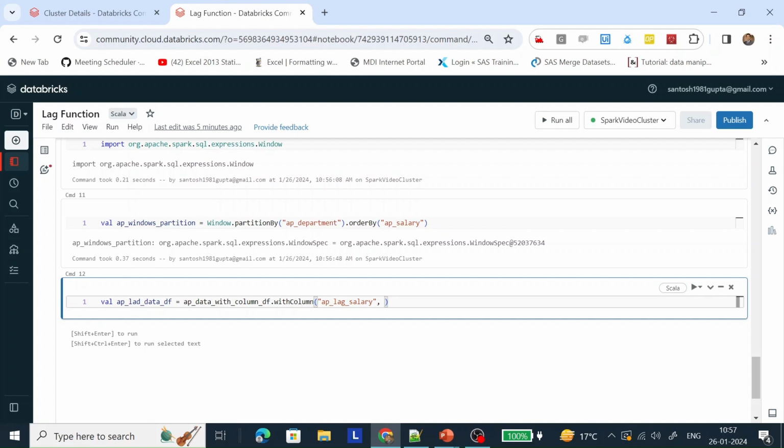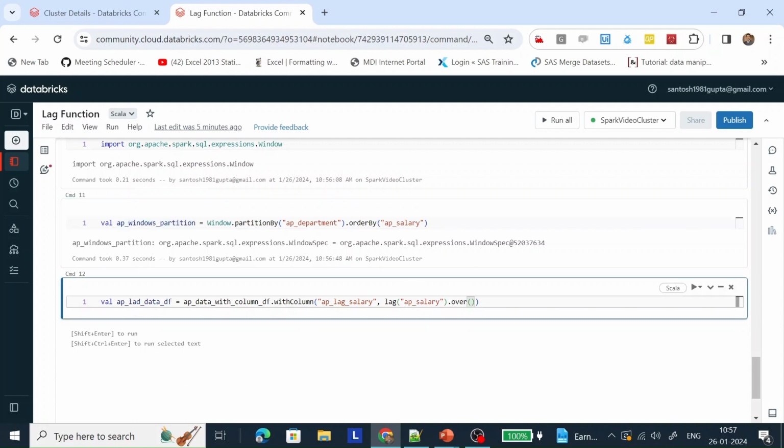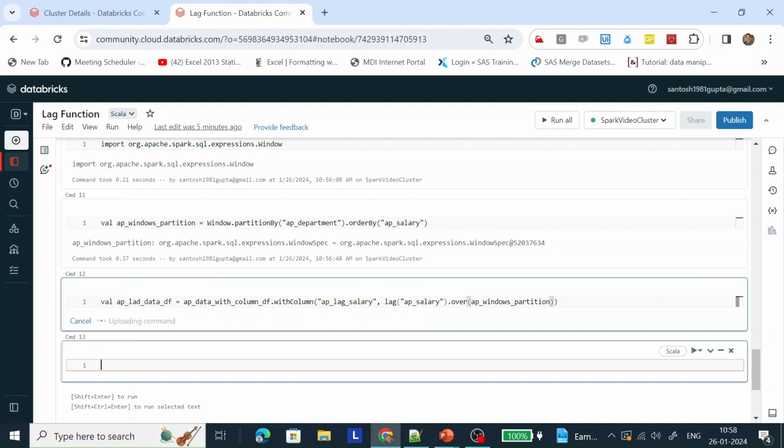How will the data populate? The data will populate with the help of the lag function. What is the name of the column on which lag will apply? That is the AP salary. And on which partition? We are defining the partition with the help of over, and the partition strategy we have defined here. Let's run it.